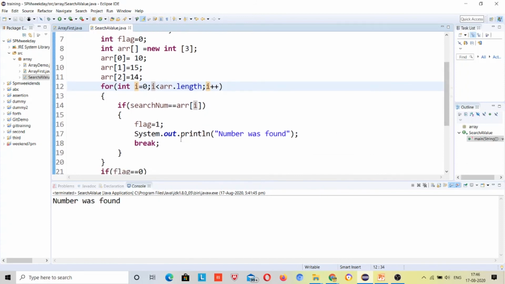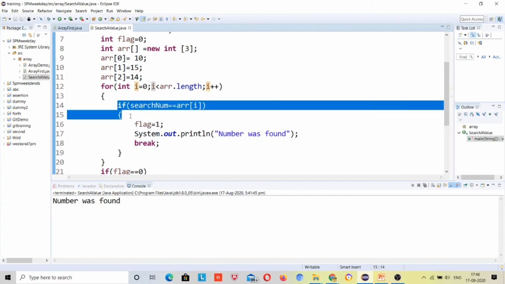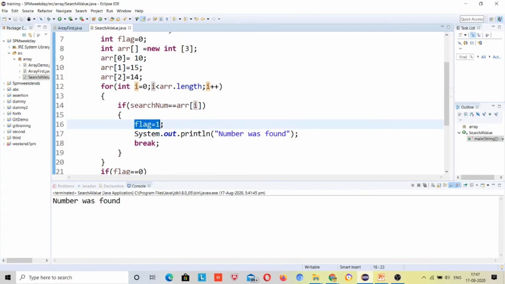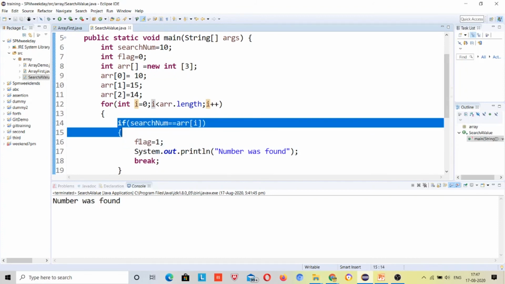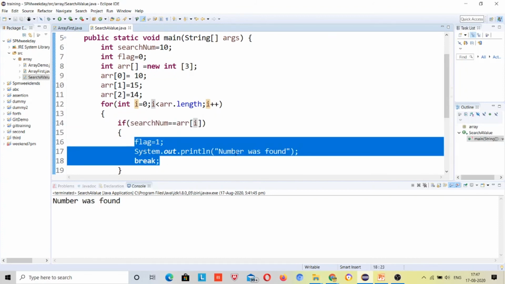So here inside this if block, I will update this flag variable if it came to this if block. If this flag was updated, it simply means that it came inside this if block, which says that the number was found.